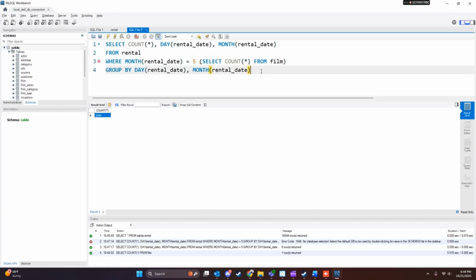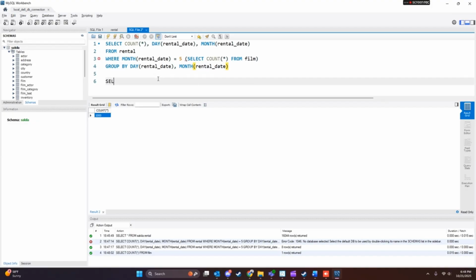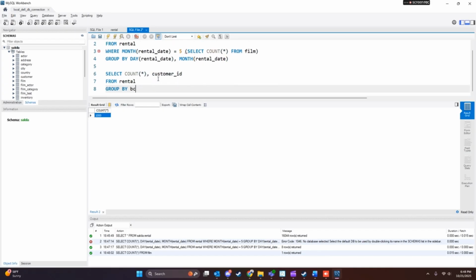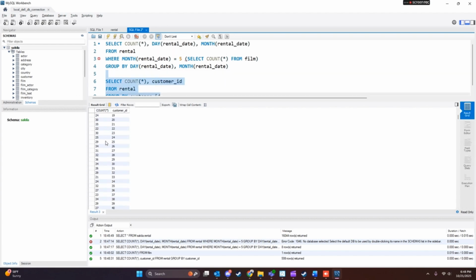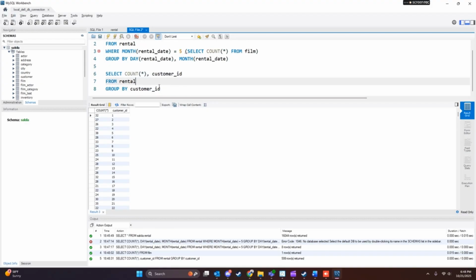So I need another table for now. We're going to put it in the subquery, but I'm going to do it separately for now. We need to know what the count of movies was by customer from rental group by customer ID. So this shows me the number of customers. And then in this query, I want to add,